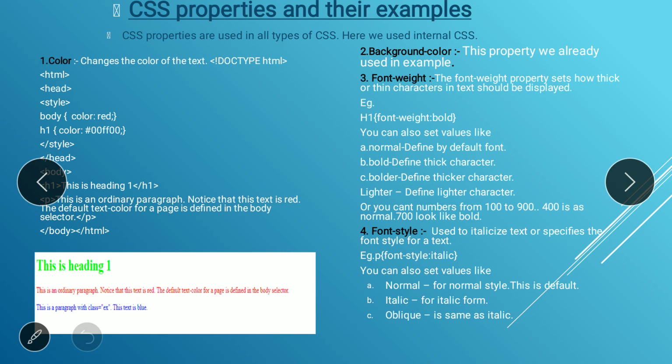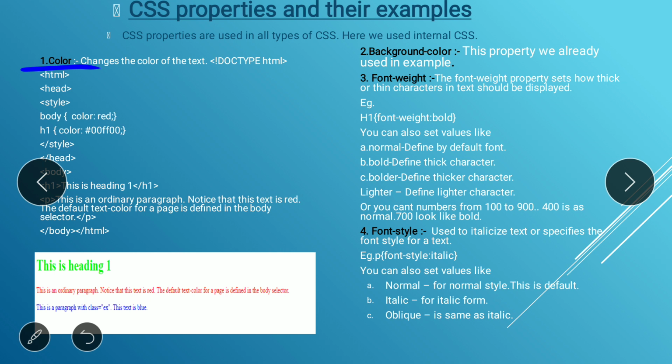Okay, first is the color, which we have already seen. So here in internal CSS I already wrote the body color equal to red, h1 color you can see here. Okay, here some mistake is there. I have to write h1 and p tag.